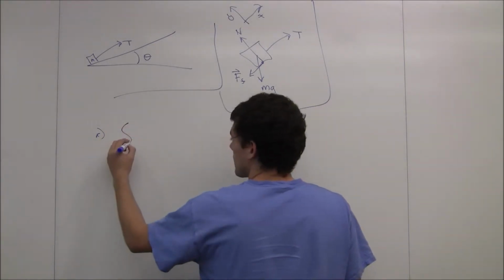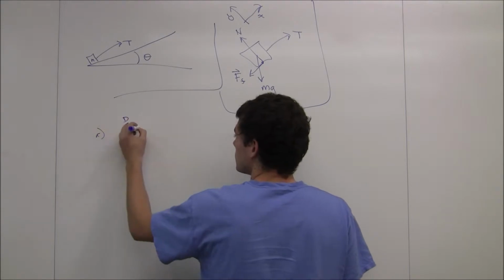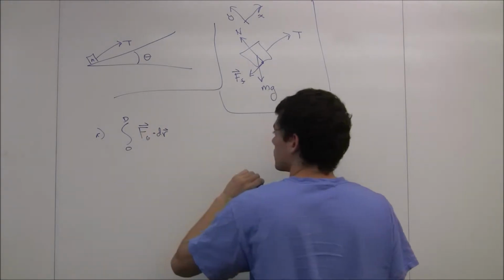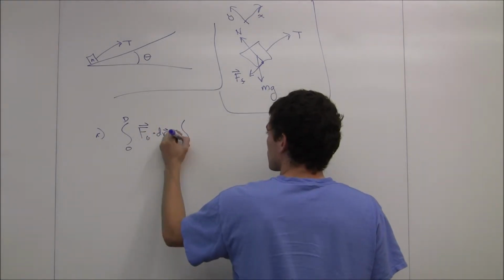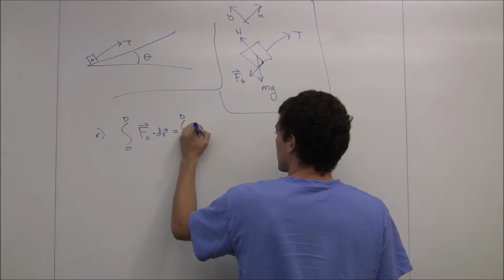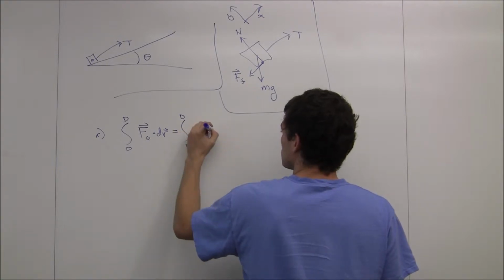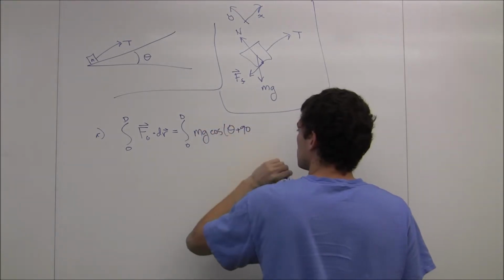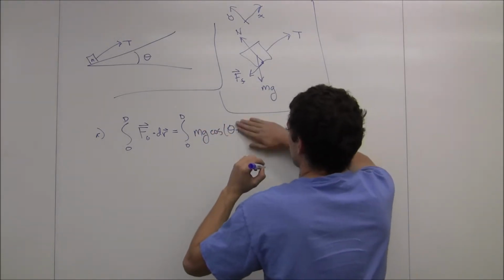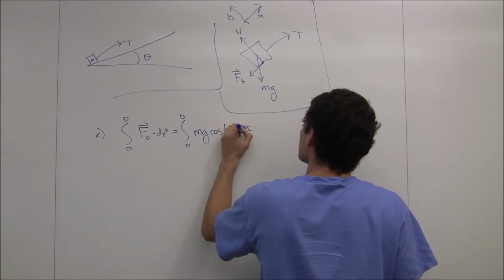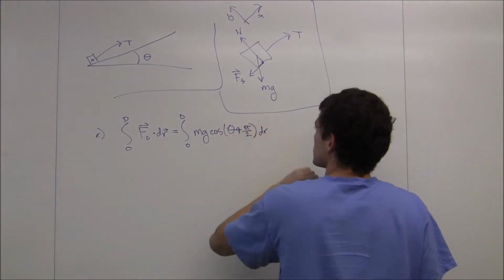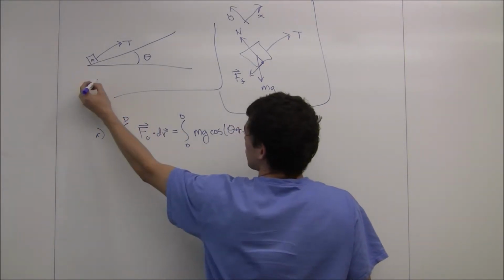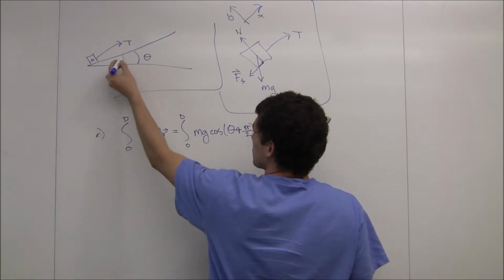So in order to find the work due to gravity, I have to take the integral from 0 to d of the force of gravity dot dr. And that's just going to be the integral from 0 to d of mg times cosine of theta plus 90, or theta plus pi over 2, because strictly this should be in radians, times dr. And that's because the force of gravity is pointing straight downward, so we have a 90-degree angle, plus that theta